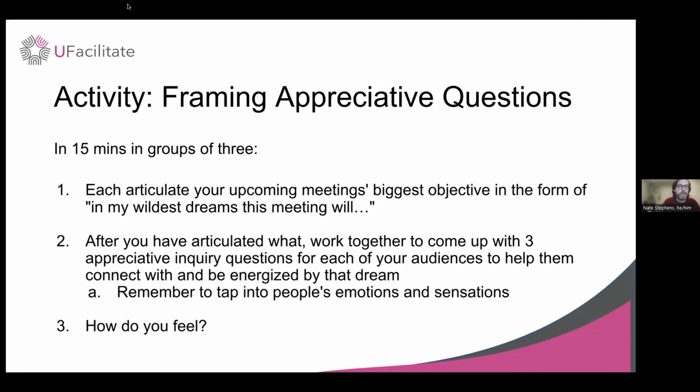Jasmine, I see your hand up. I've got this meeting coming up that has given me all kinds of anxiety because it's a huge complex issue with a lot of emotion attached to it. I was sharing with my group and laughing about the idea of starting the meeting with, in my wildest dreams, this is what we're going to accomplish. And then having that as an icebreaker for the meeting and how that would shift the dynamic and add an element of fun that probably wouldn't happen in that meeting.